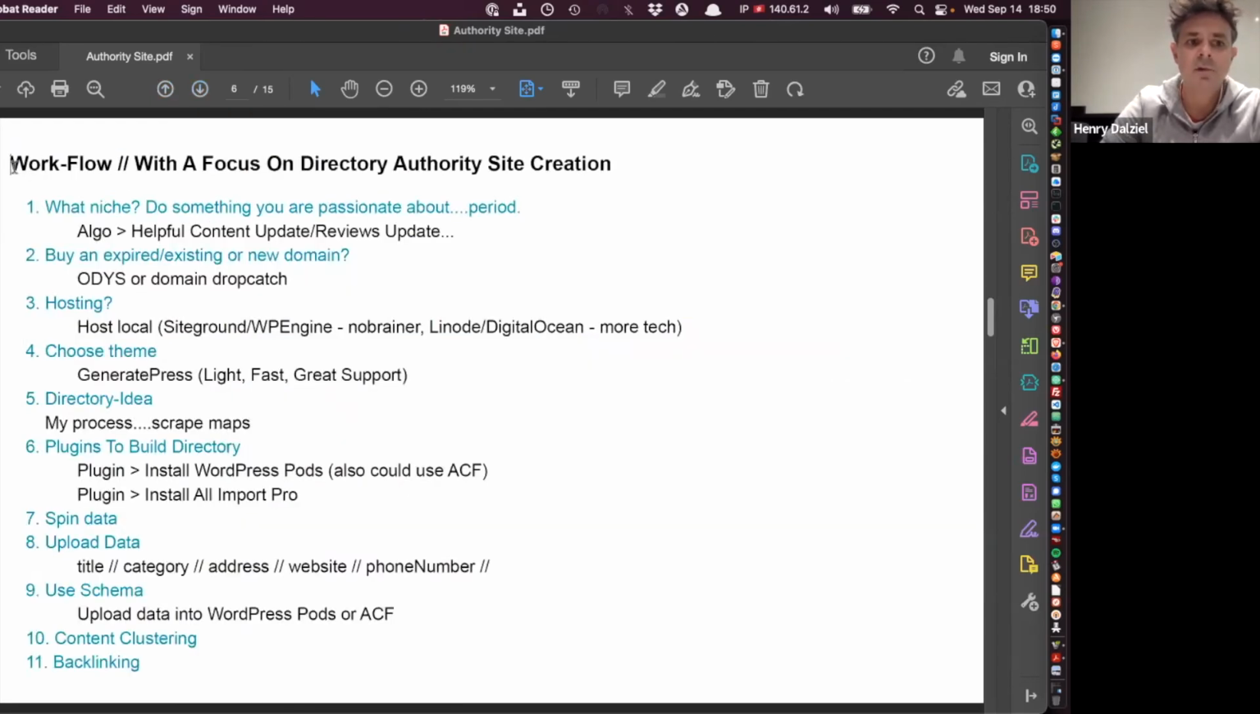This is the content that I'm going to go through, and then I'm going to jump into some practical ways to make this all happen. Okay, so first off, what niche? When it comes to authority site creation, really the first thing to talk about is what niche you should focus in on. Secondly, we're going to talk about whether we should use a new domain or an expiring